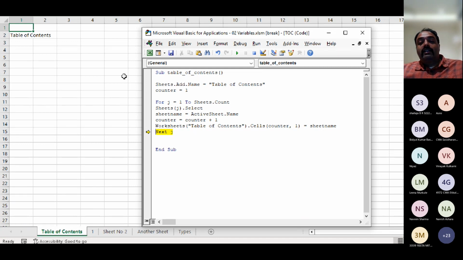Okay, if you are convinced about it, then you can press F8. And what happens next? J is the command. So the value of J gets incremented and now J becomes